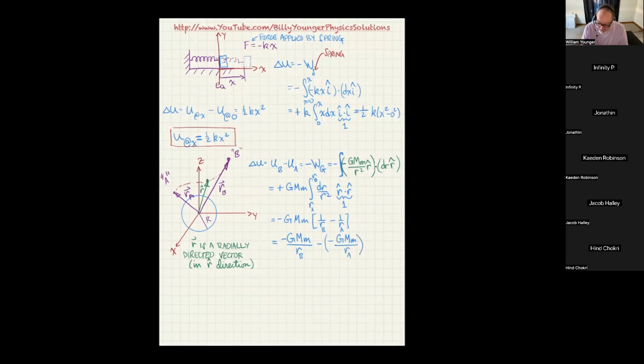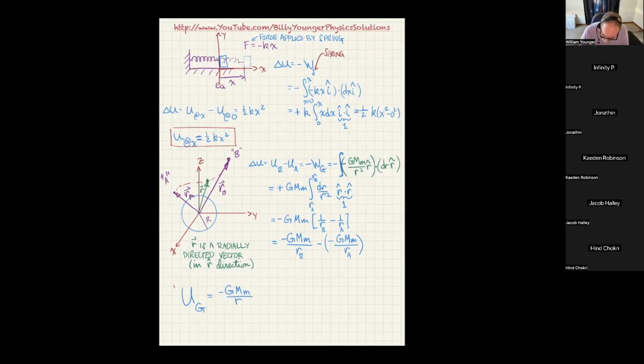Okay. Notice the minus minus makes it a positive, which is the same thing that happens when the minus out in front of the GMm hits the minus with the RA. Similarly, notice the minus out in front of the GMm stays on the 1 over RB term. So this ultimately gives us something else, the potential energy, and I'll subscript this one capital G, is actually equal to negative G, mass of the planet causing it, mass of the object that you're calculating the energy for, divided by R. That is your potential energy